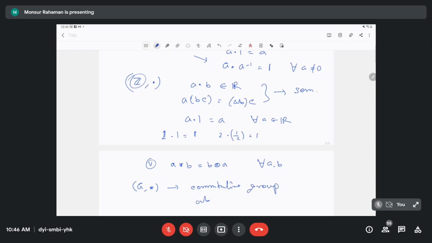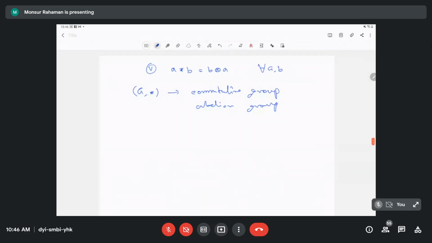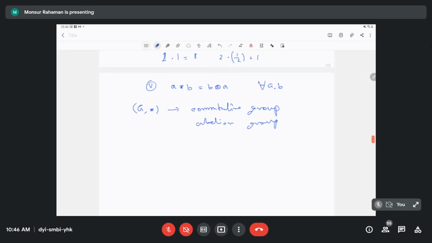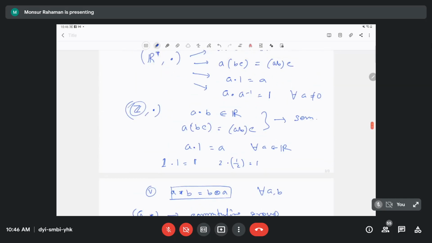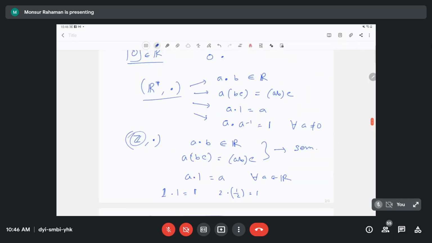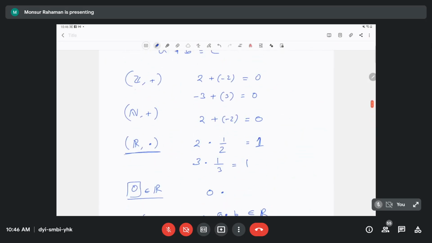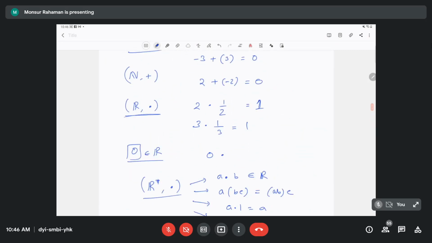Abelian group. Okay, it's an additional condition. So it is a group, but if with respect to this operation it satisfies this condition, then we'll call it an abelian group. So obviously R star dot is an abelian group, or Z plus is an abelian group, because Z plus